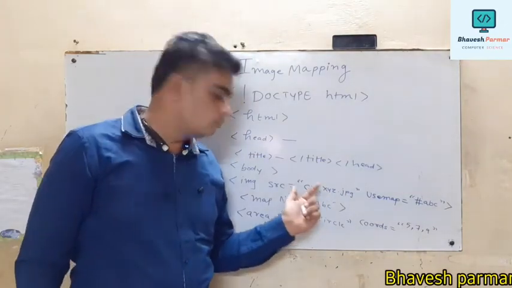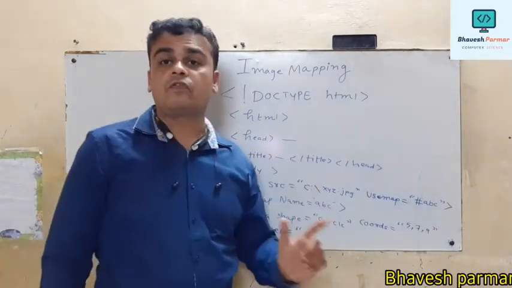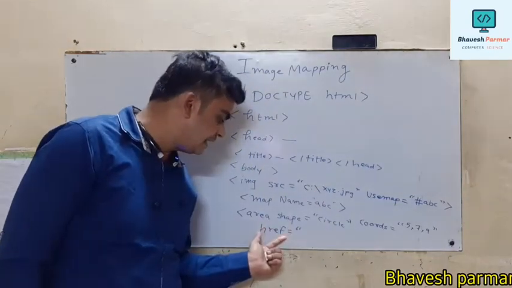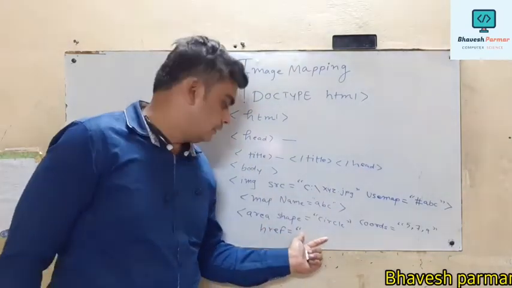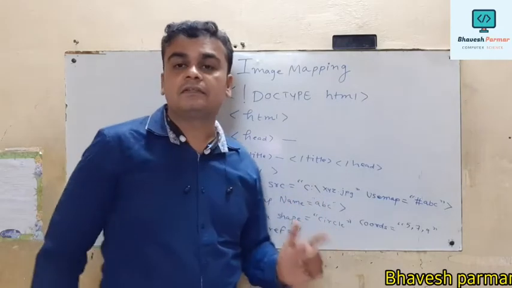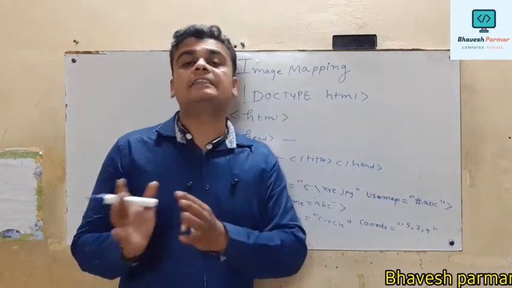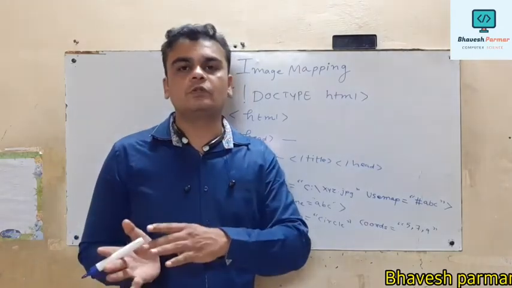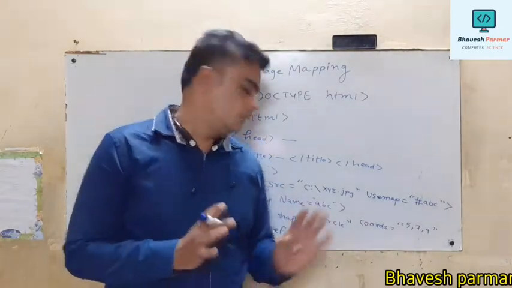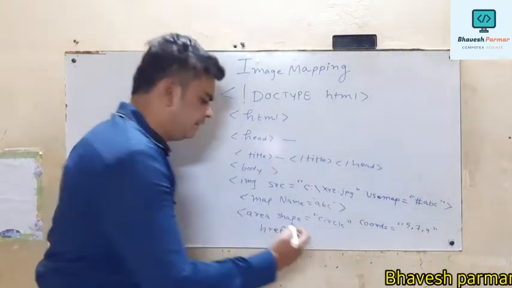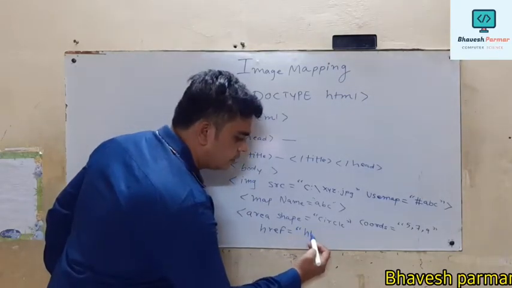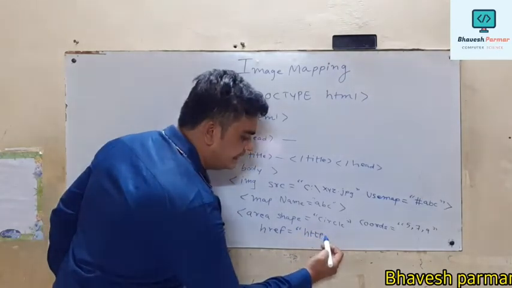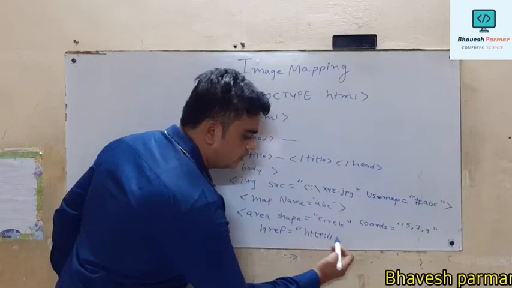If you want to execute this program offline, then when you give the href path, it should be another HTML program. So you can execute this program online as well as offline. But now guys, in this case we are using online. So for that purpose I am using http://